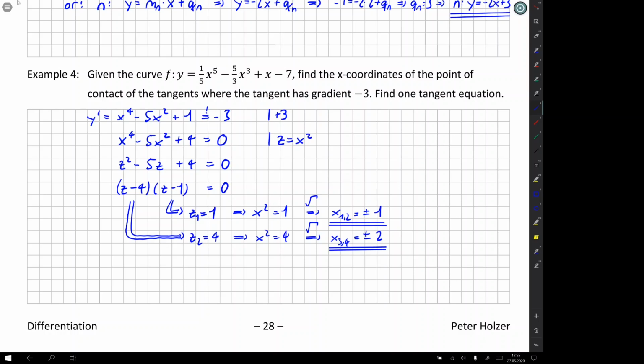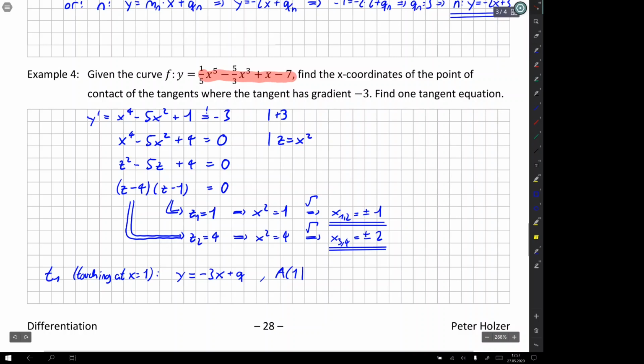has gradient -3. We should find one of the tangent equations, so let's look for the tangent 1, which should be the one that touches the curve at x equals 1. Well, the equation is just y equals mx plus q. The m we know because we are looking only for points with gradient -3, so it is y equals -3x plus q. The point A where it touches has the x-coordinate 1, and we can insert now this x-coordinate 1